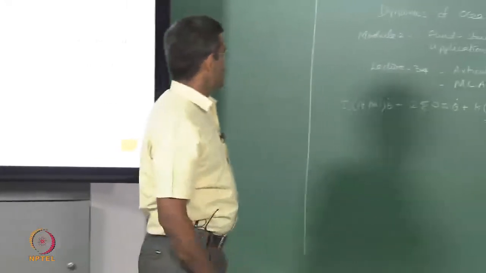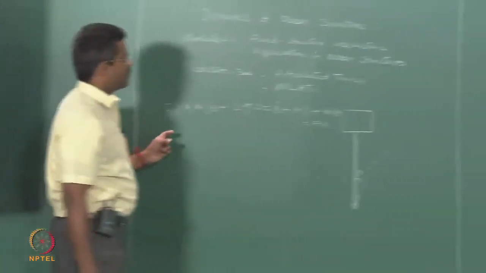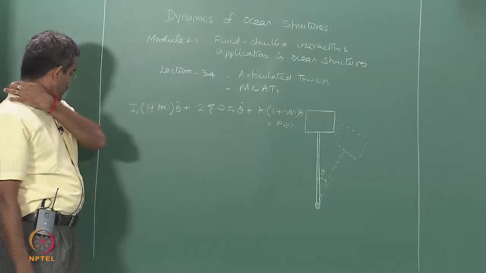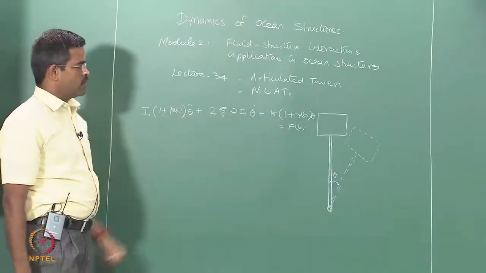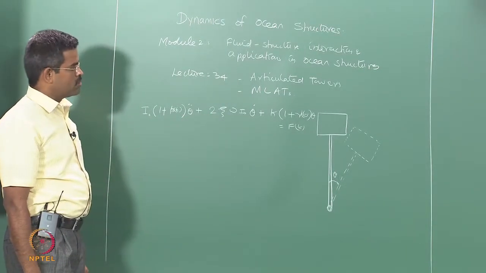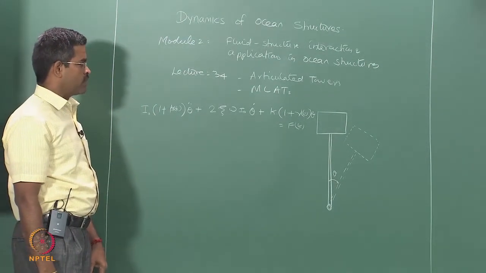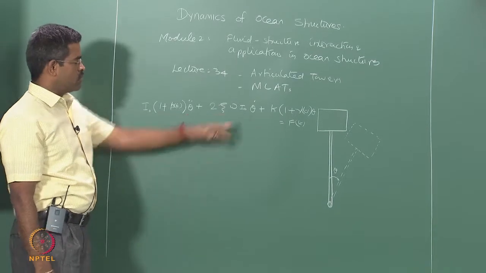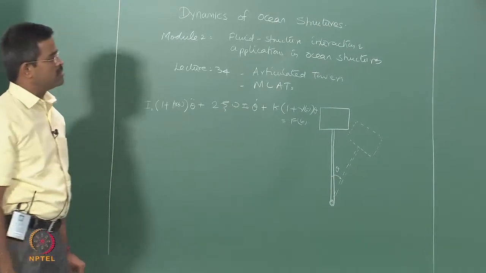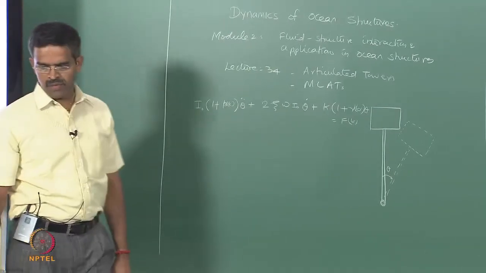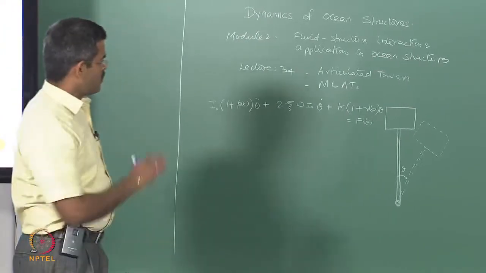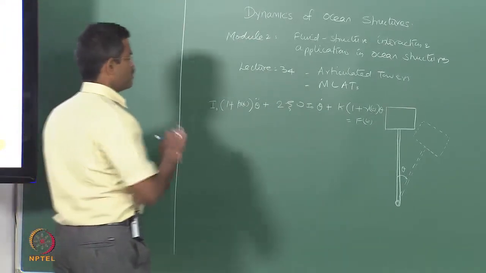So in the last lecture we discussed the equation of motion that we derived for a single leg articulated tower. This was the equation of motion we got, and we wanted to find out the variables in it, like beta of t, k, nu t, etc. We want to show how they are all functions of the displacement. Therefore we will use a specific methodology to solve this equation of motion to find out these variables, and then